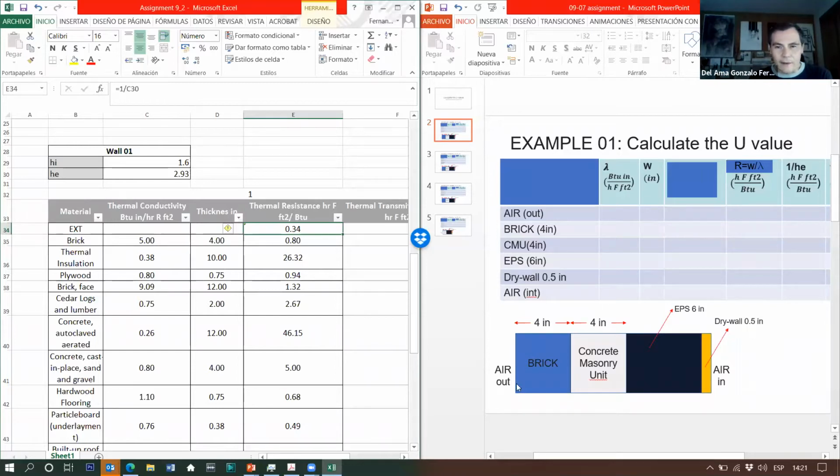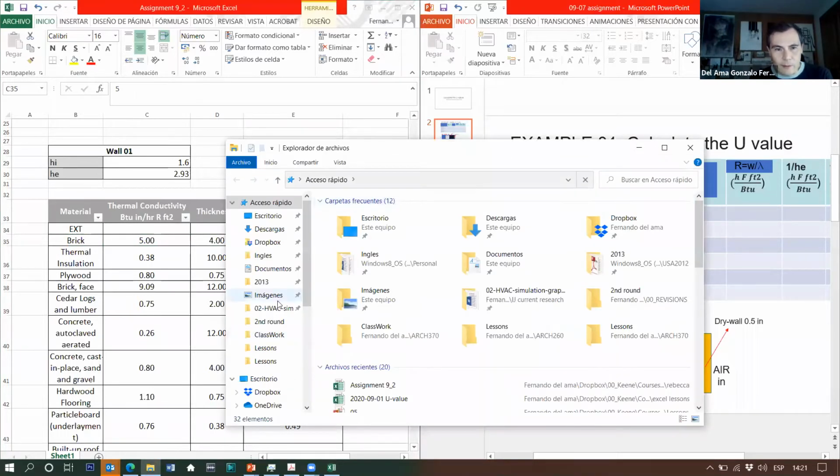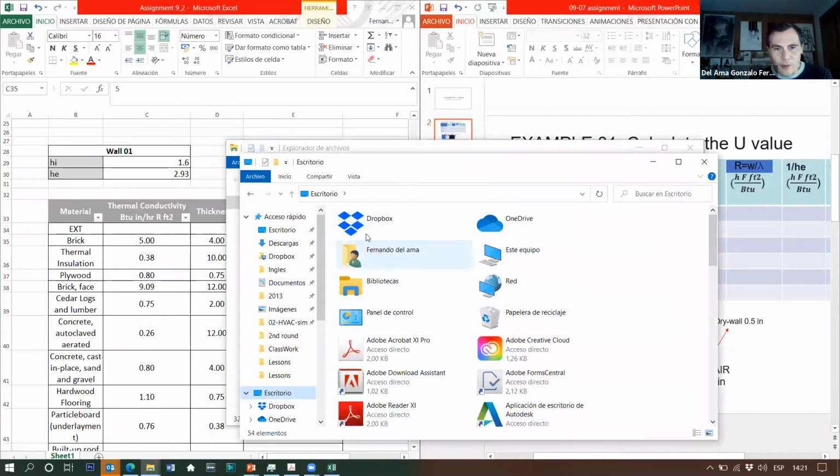The second layer, in this case, we have brick. Okay, so here we have brick. The thickness is 4 inches. And we need the thermal conductivity of bricks. Where can we find the thermal conductivity? So we have to find thermal conductivity on the previous lesson,